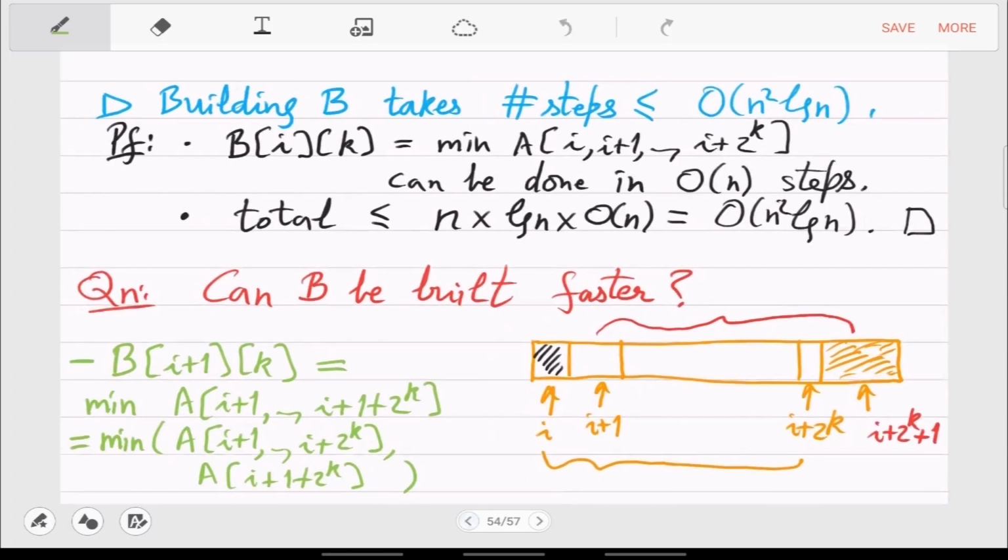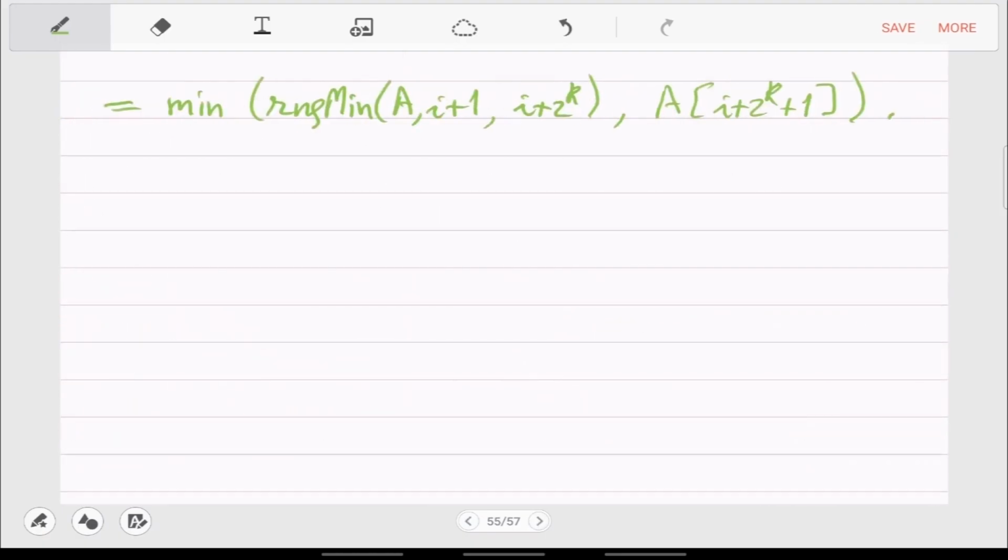It is just rewriting this in terms of the range min pseudocode. The range min pseudocode will give you the answer of i+1 comma i+2 raised to k, and the second element you already know, that's just one element. So the thing you have to verify here is: if B is not built yet, how can we say that the pseudocode can be plugged in here?